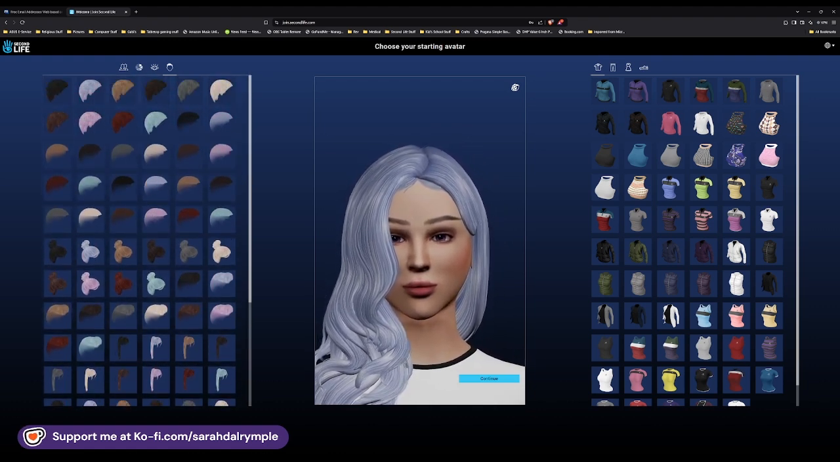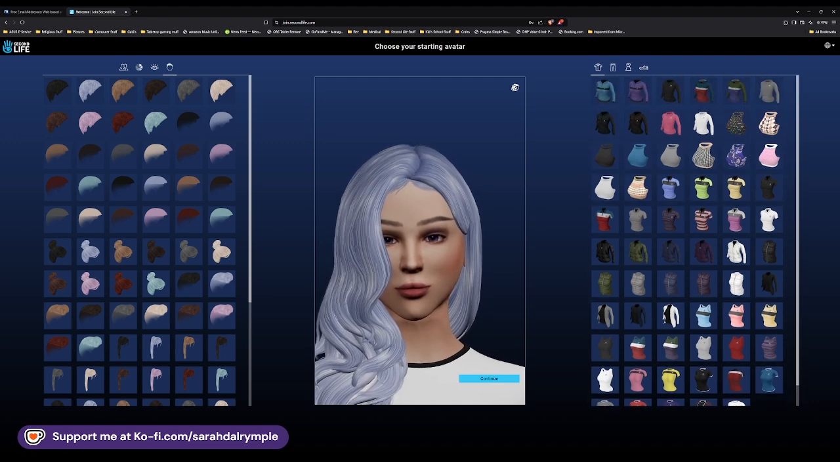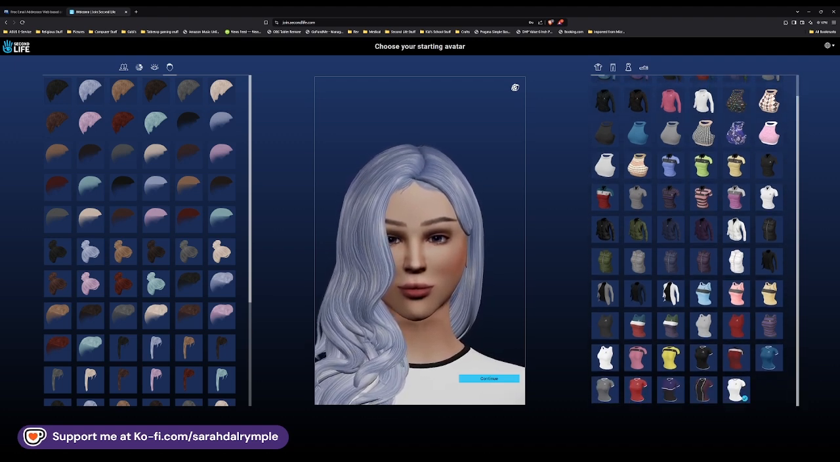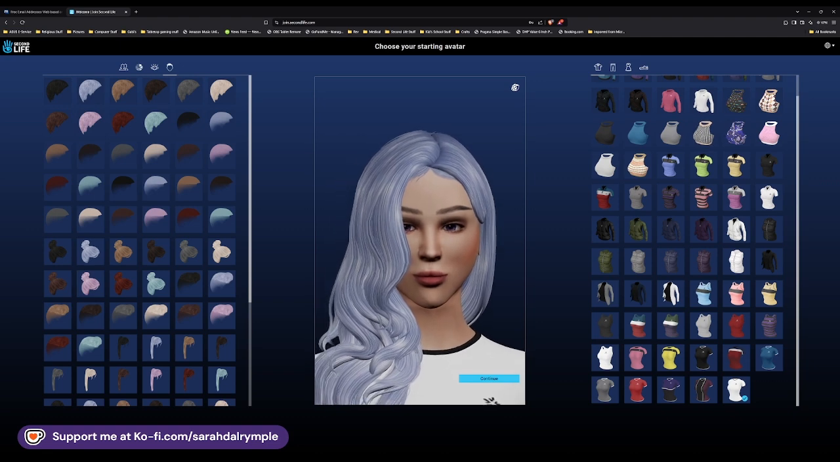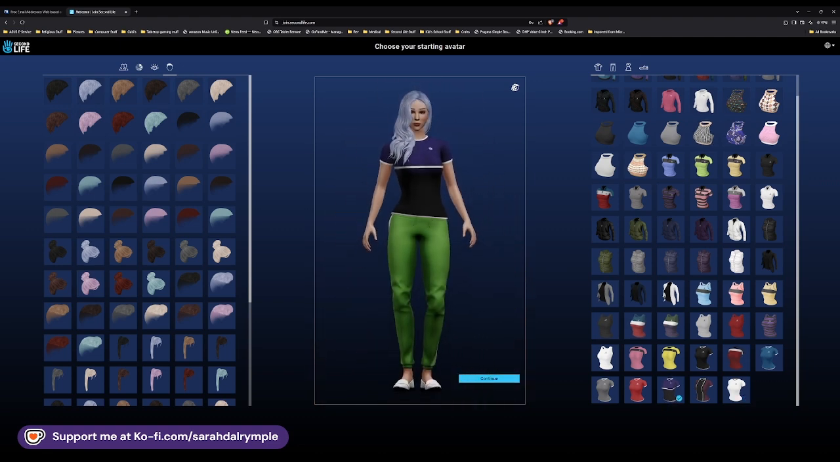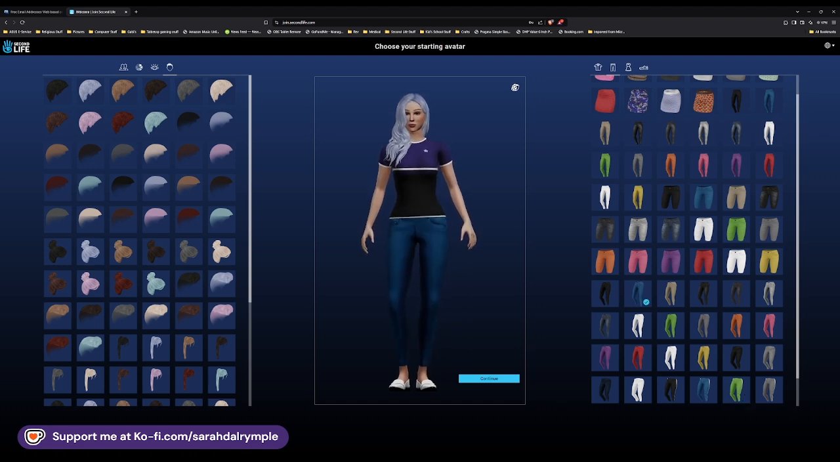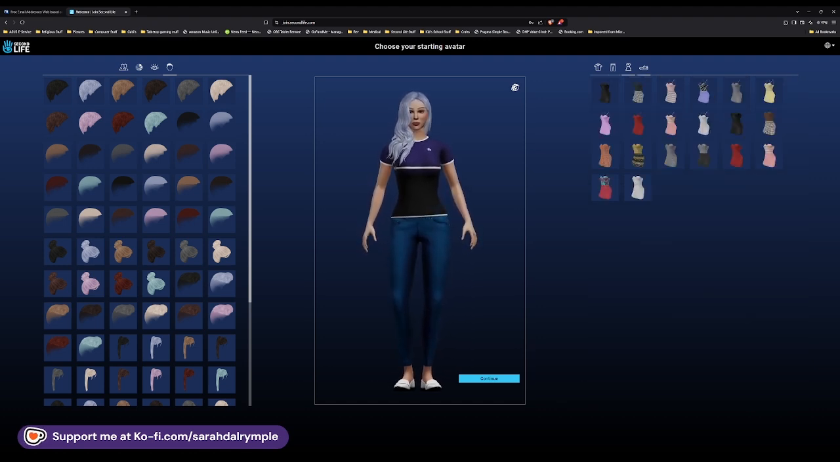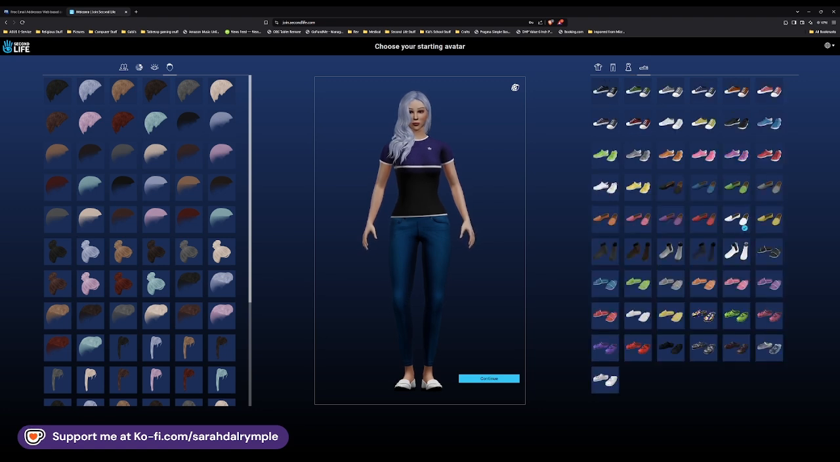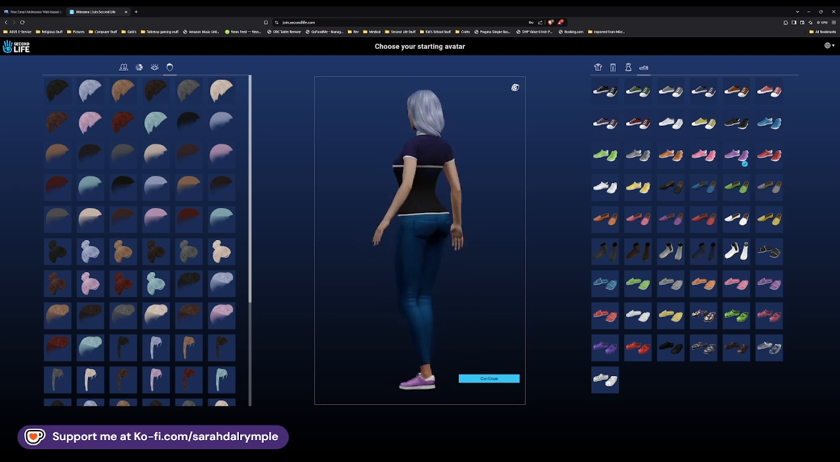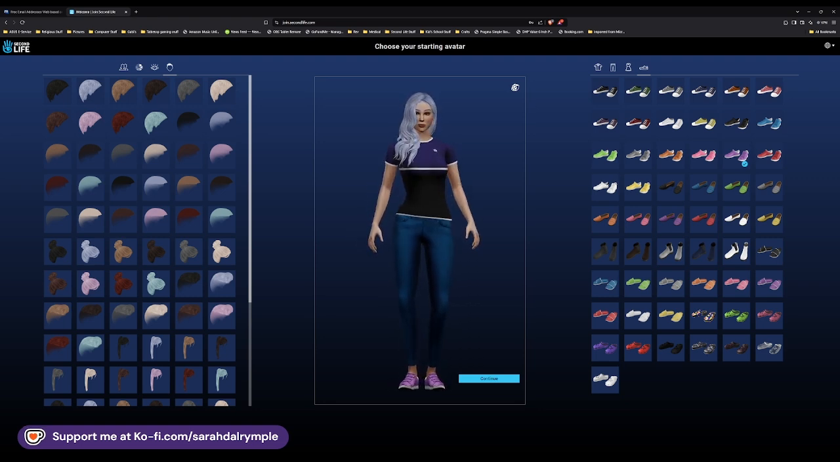Okay? And you come over here, you choose your starting clothes. I am going to go with basic purple and black shirt and some blue jeans. Do I want to wear a dress? No, not really. And then I want some purple sneakers because I am all about that purple life. Okay? And so the first time you log into Second Life, this is what your avatar is going to look like. So you hit continue,